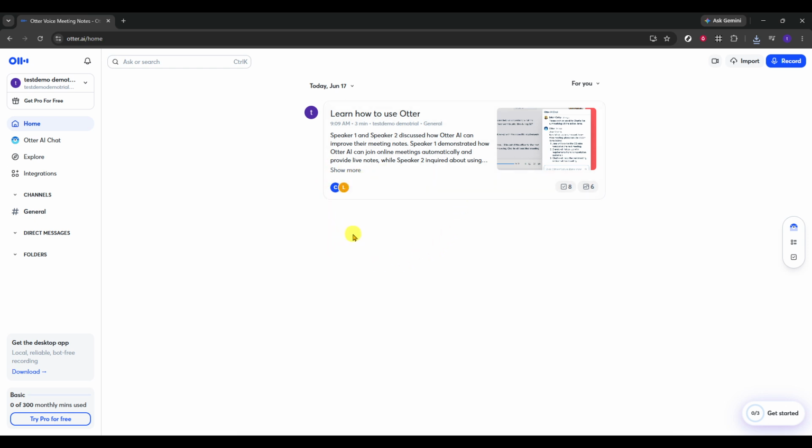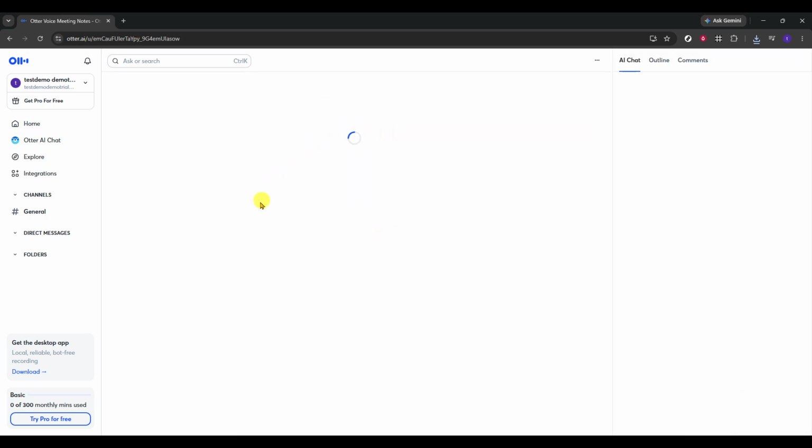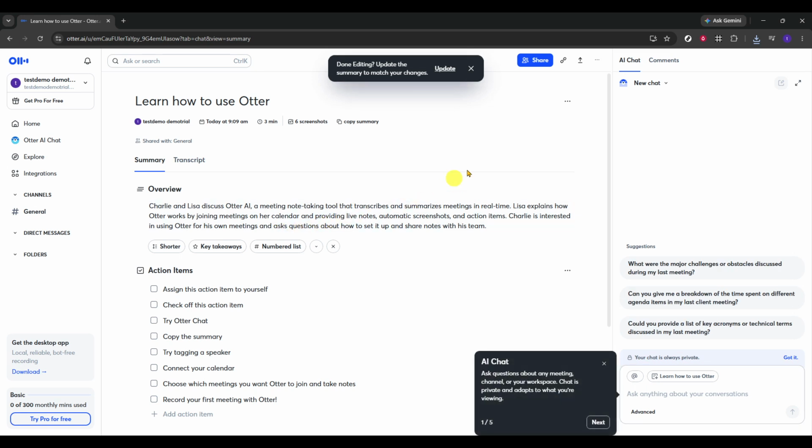From the home page, open the sample transcript. In your account, this may be listed among your recent files or available conversations. Select it so the transcript opens fully. Before moving on, take a moment to confirm you are inside the correct transcript, especially if you plan to share